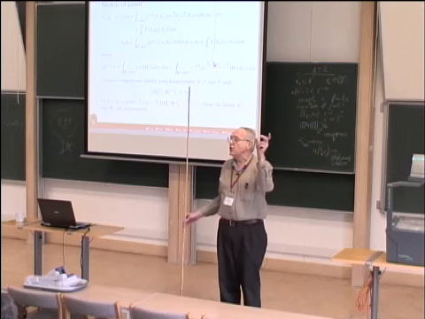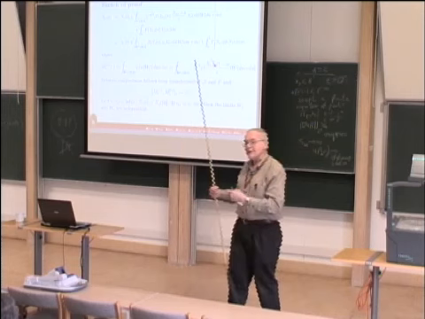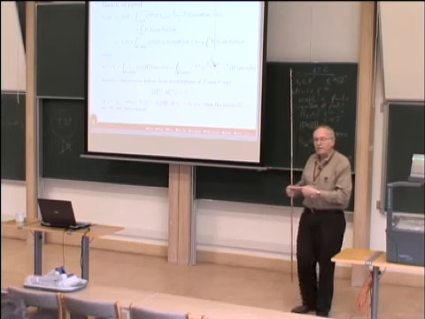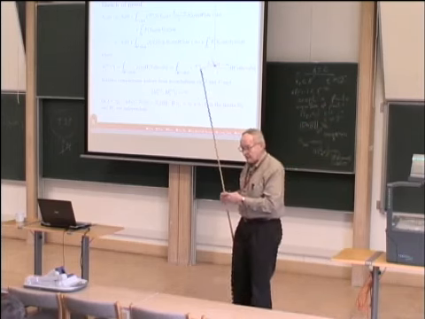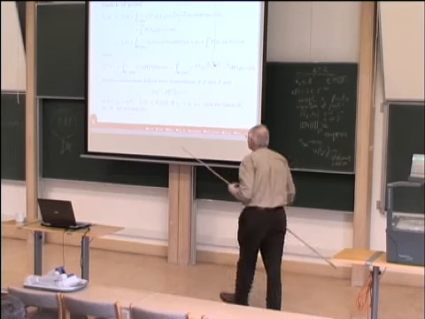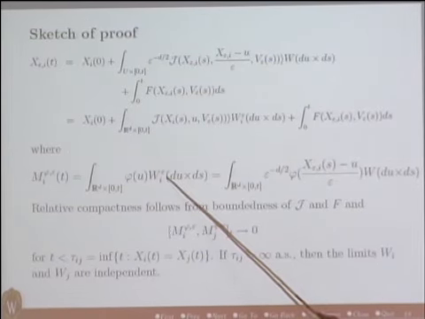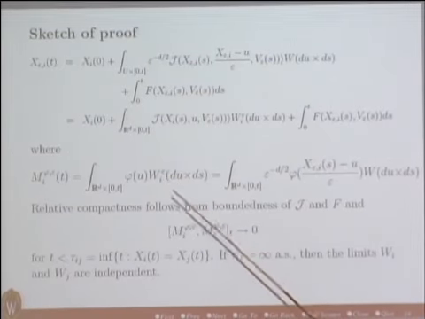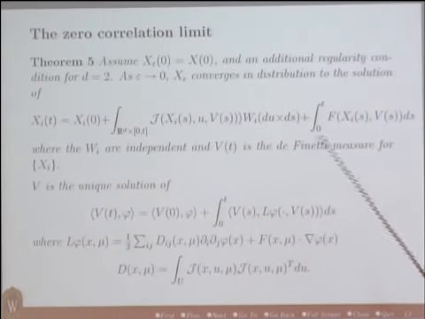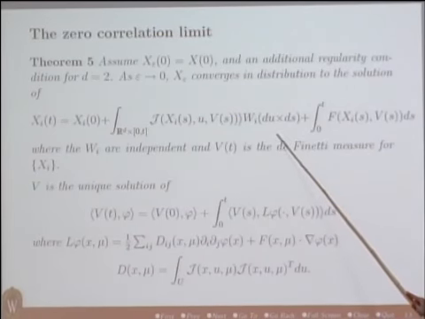Now, you may or may not have remembered that way back in the beginning, there was an assumption that d was bigger than or equal to 2. If d is equal to 1, then xi and xj will hit each other, and what you end up with is some kind of coalescing limit. But if xi and xj don't hit each other, then the limit of the Wi epsilons will be independent. And that will assure that the limit satisfies this equation with independent families Wi.